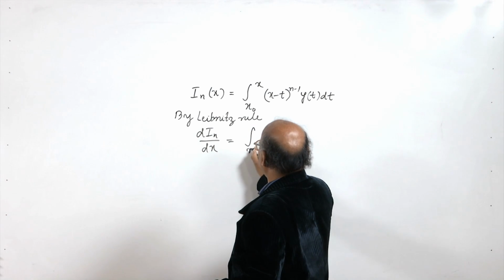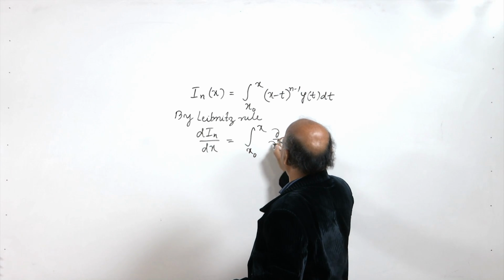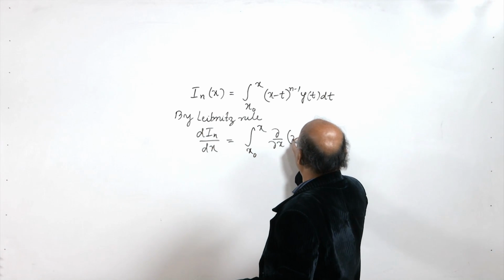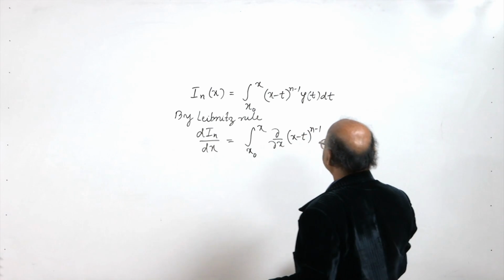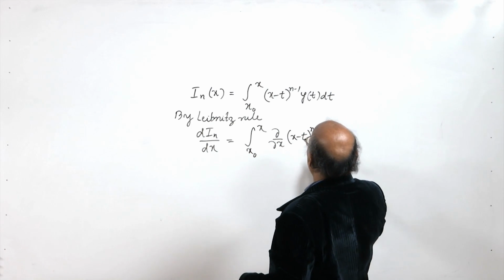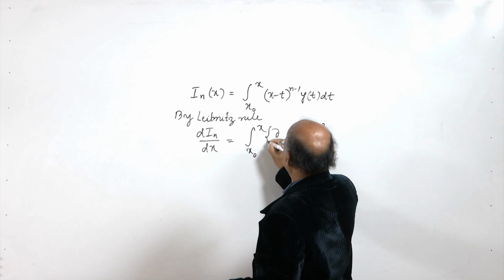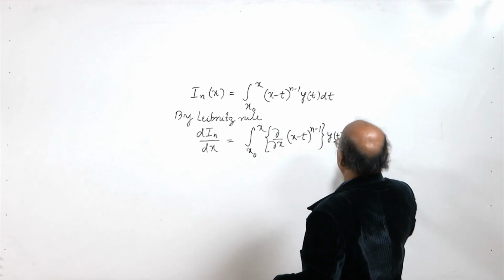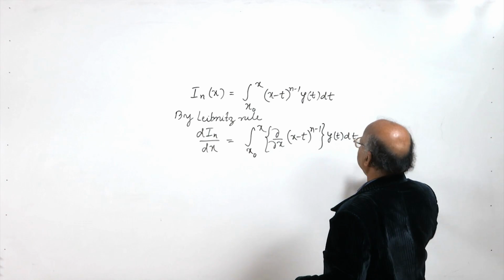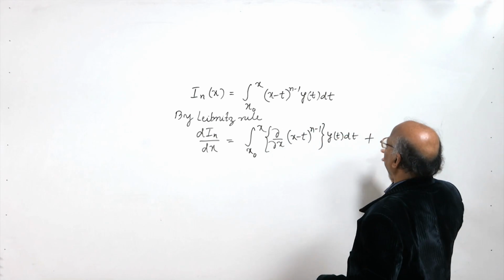So, we get the integral from x naught to x of the partial derivative of (x minus t) raised to the power n minus 1 with respect to x, into y(t) dt,